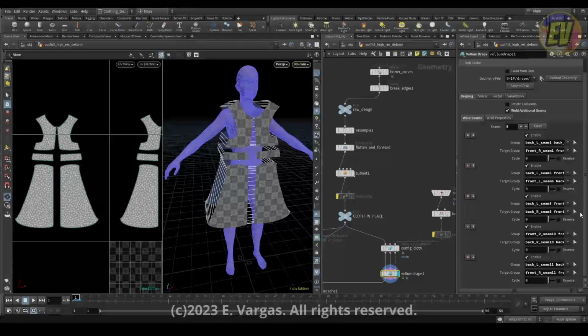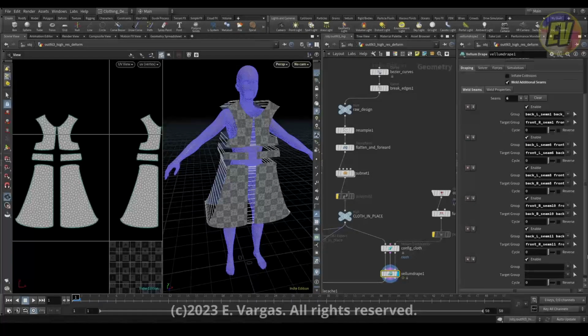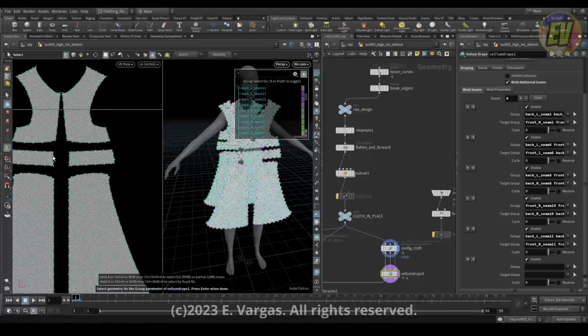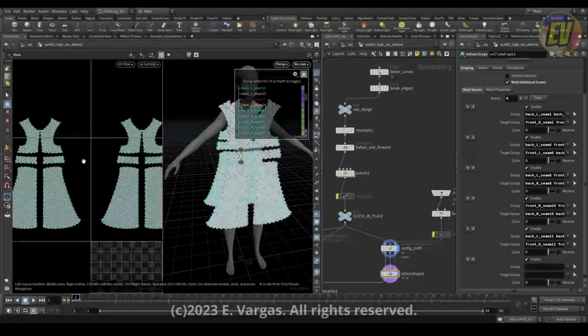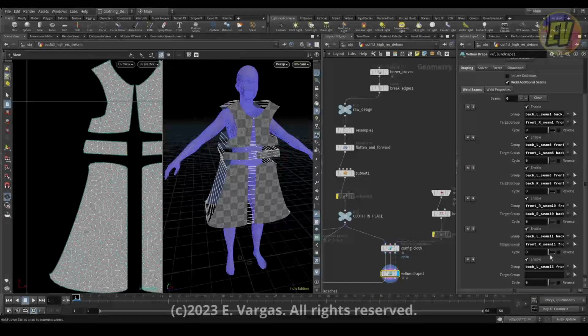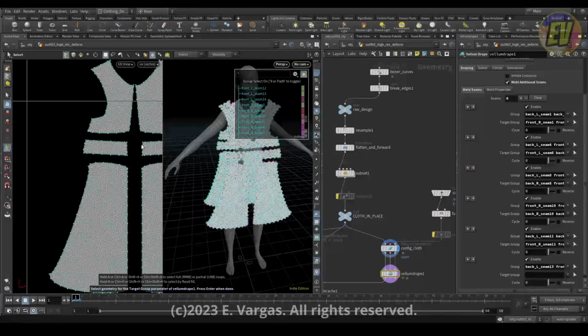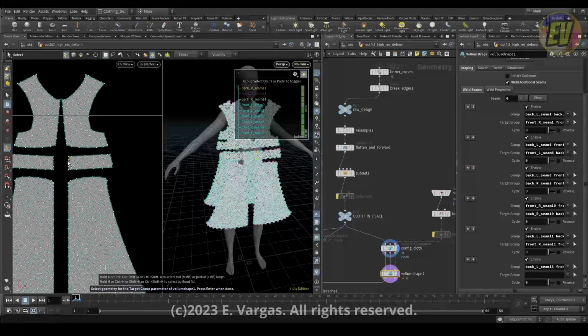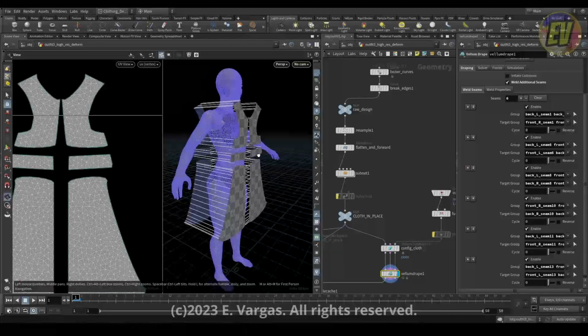And now I can do the middle part. For example, let me zoom in, this one here, shift click here. Now I click here, shift click here. Okay, see,